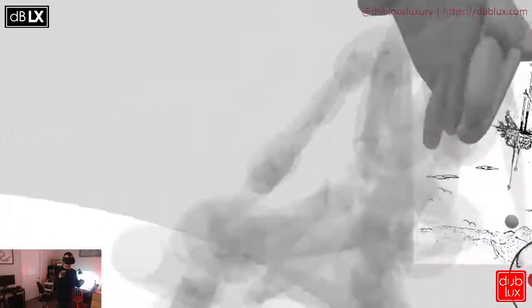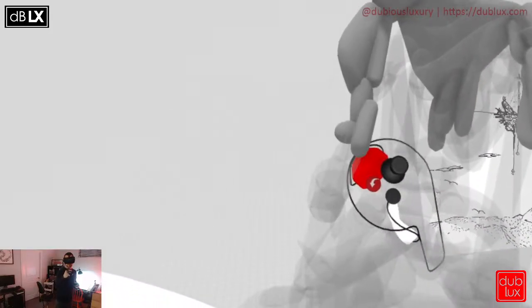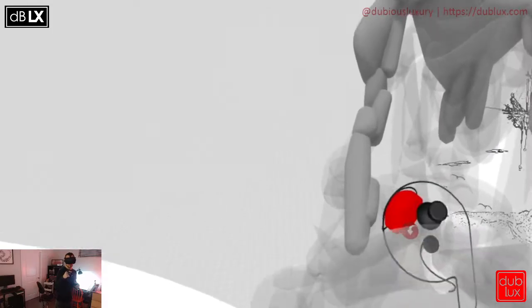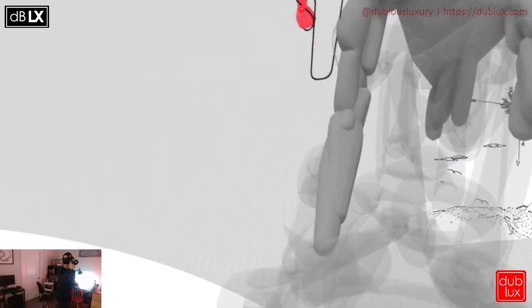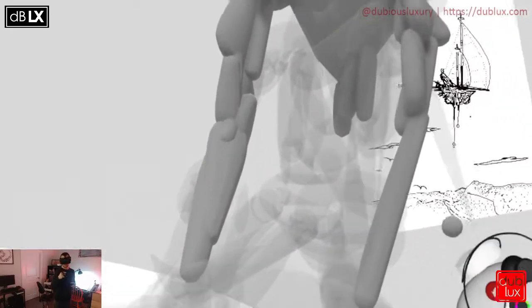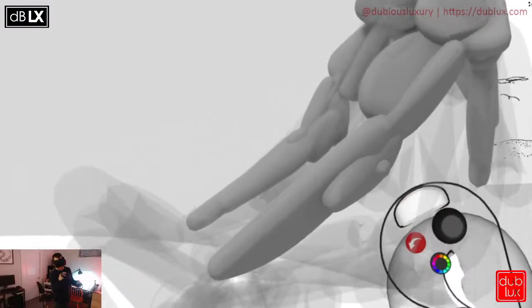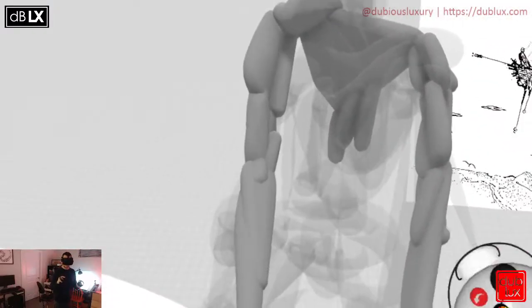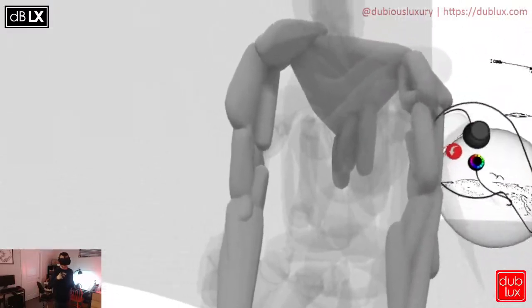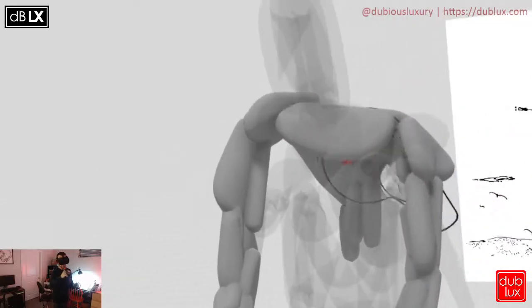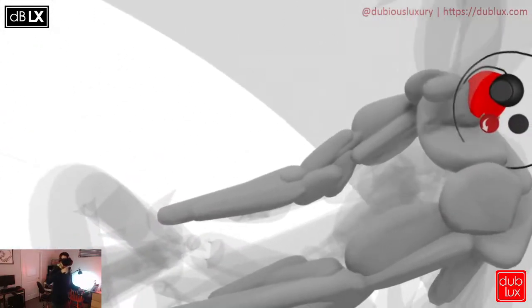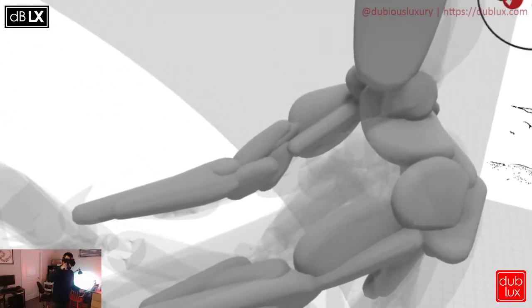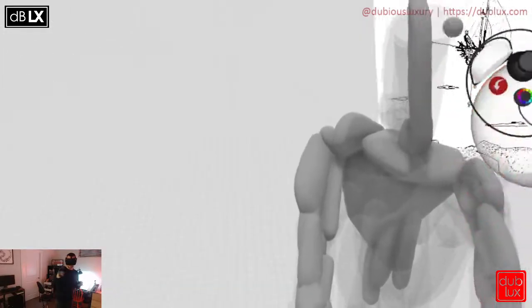Triceps, bicep, forearm, bicep, forearm, well, neck, head,